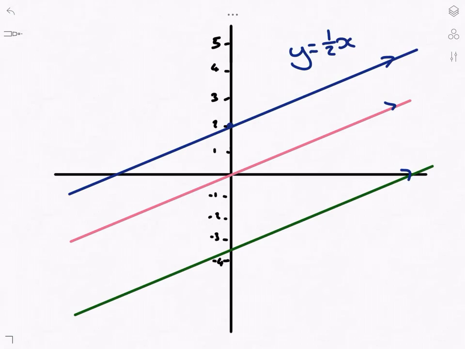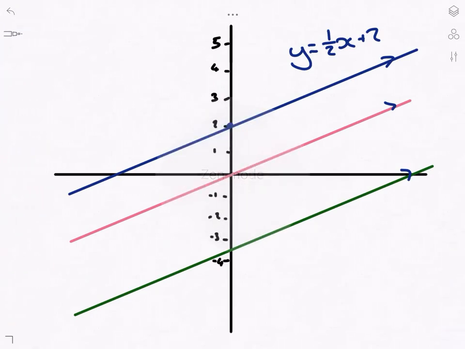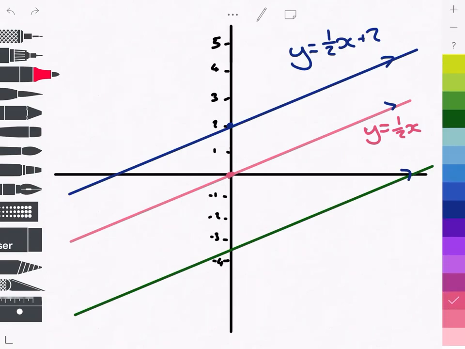And then the intercept is where it crosses through the y-axis. So here it's just plus 2 because it's going through 2. The next one, it's half x still because the gradients are the same. Where's it crossing through? At 0. So, well, I don't need to. You can write it plus 0 if you want to, or you can just leave it blank. Y equals a half x. And the last one,